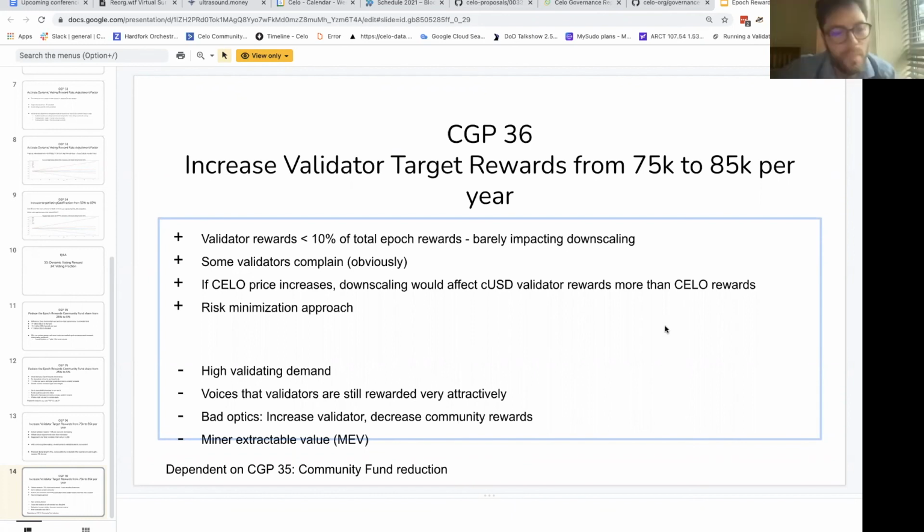Victor, you had... I don't see an issue with paying in stables or in Celo. I think it just needs to be dynamic. So it needs to vary. Like they get paid more if we find that there's not enough high quality validation on the network, and then that incentivizes more validators, and conversely.